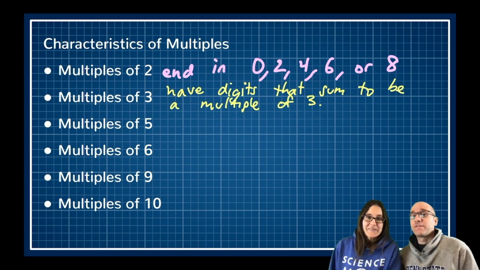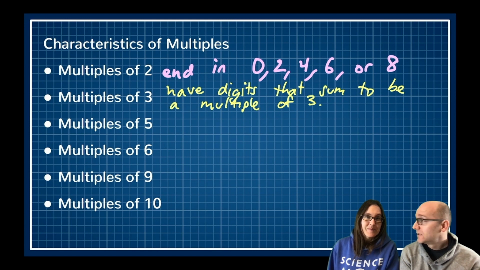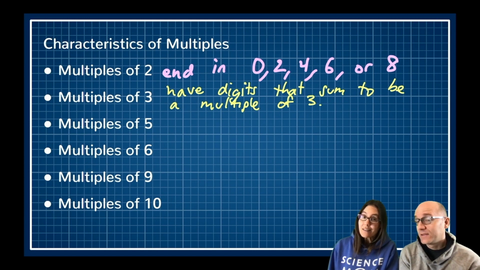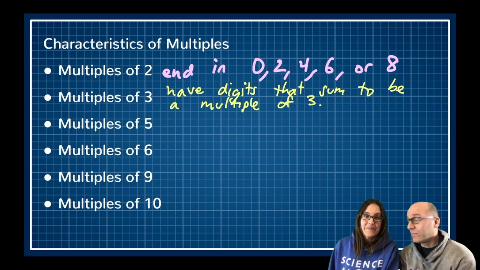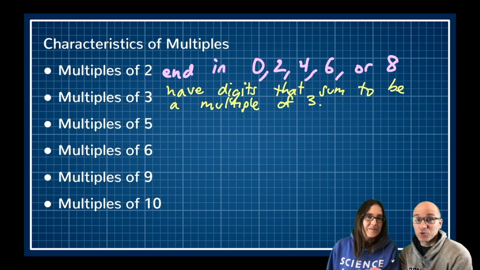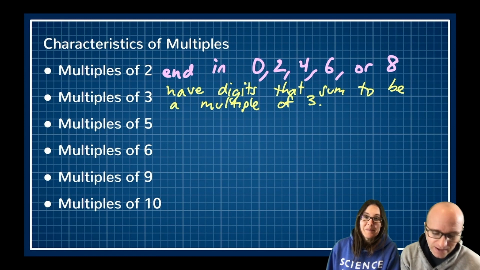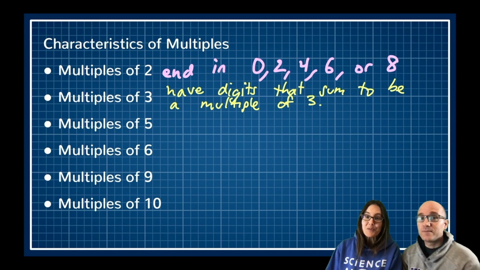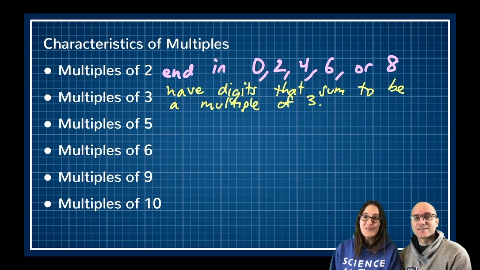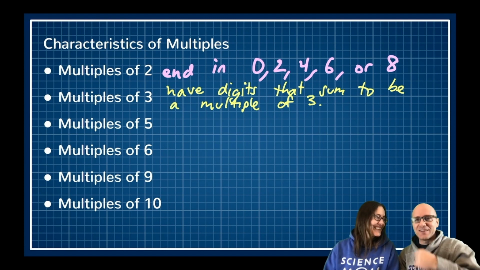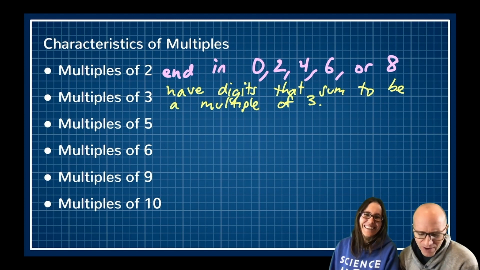That's right. And if I named a number like 62, 6 plus 2 is 8. It is not a multiple of 3. Yeah, 62 is not a multiple of 3 because the digits add up to 8, which is not a multiple of 3. That's pretty cool. See, my song is useful. Because if you add it up and it's either a 3 or a 6 or a 9, then you're all set. That's right. 3, 6, 9. It all comes back to the song in the end, but this rule will help power you through.